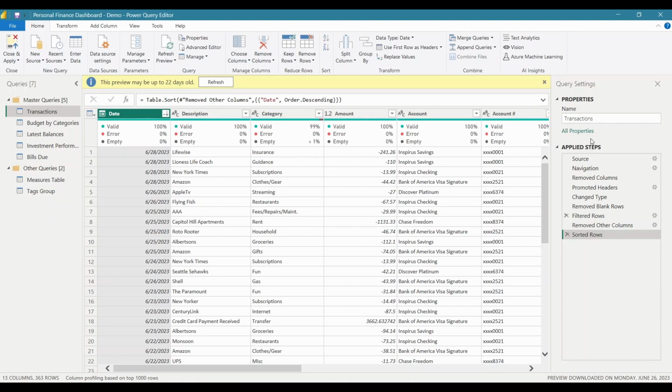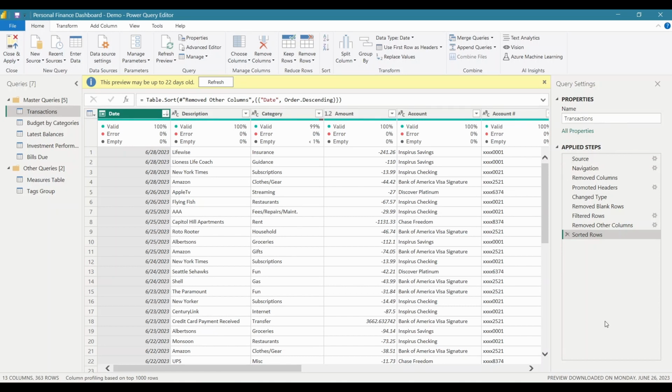And on the right side, we have the series of steps which are applied. These are something like macros in Excel or Google Sheets. So we apply a series of steps and then it repeats the same for any changes to the data set as well. And we also have the first 1,000 rows displayed in here from the result of this query.